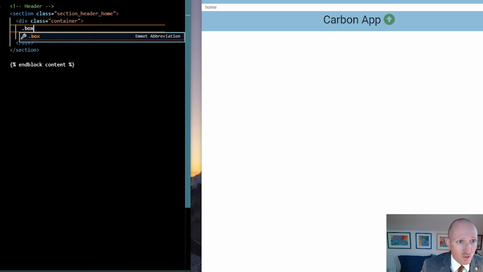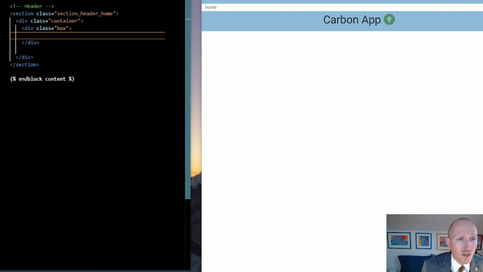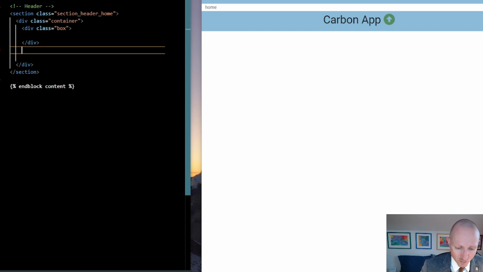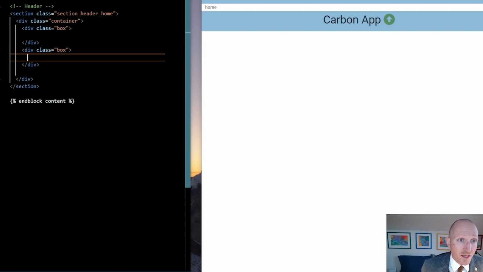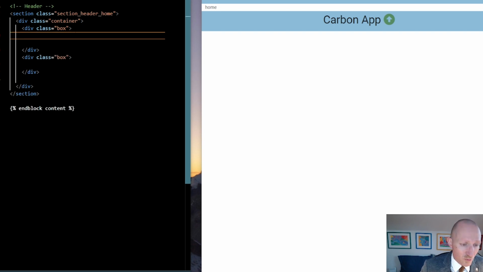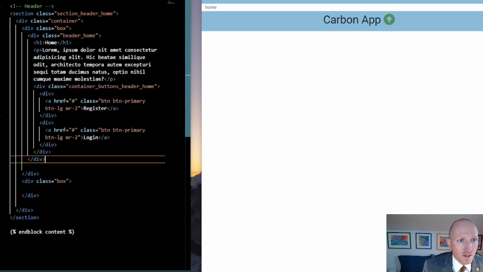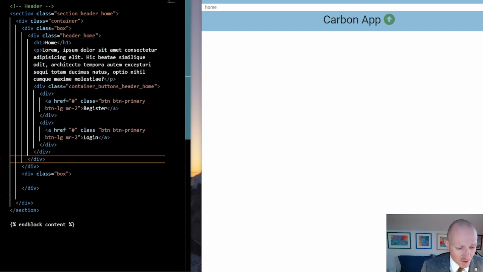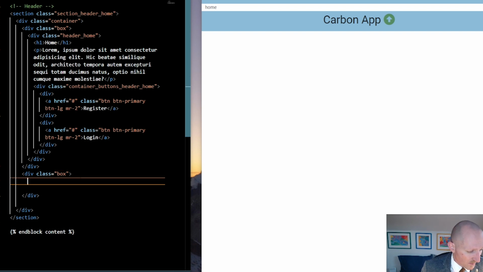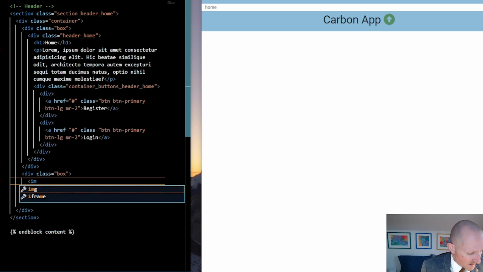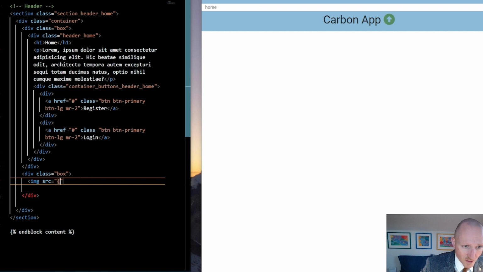One is going to be a box, and below this box I'm going to have another div box. Inside the first box is where we are going to put the header, the paragraphs and the button. Okay, and in the next box what we are going to do is place the picture, some image, which is basically an image file, and I'm going to place an src,